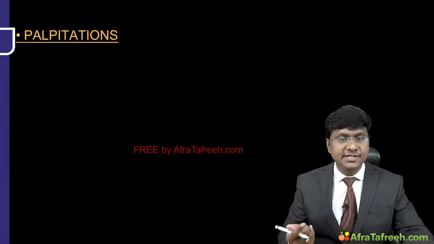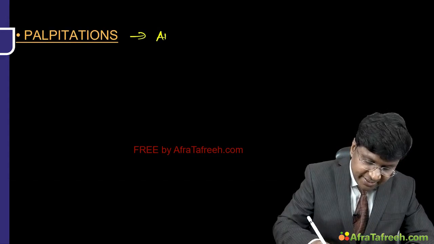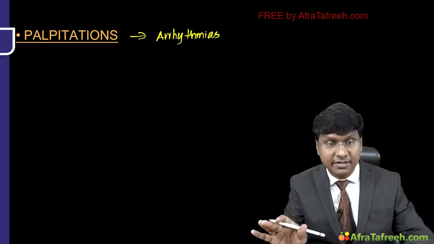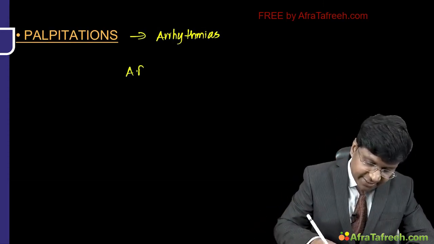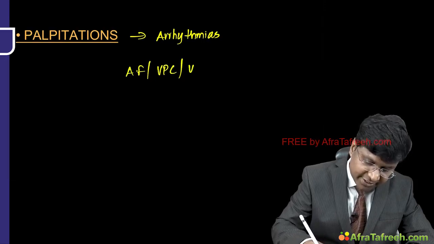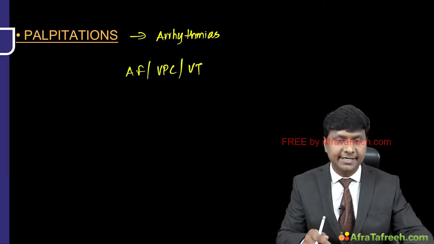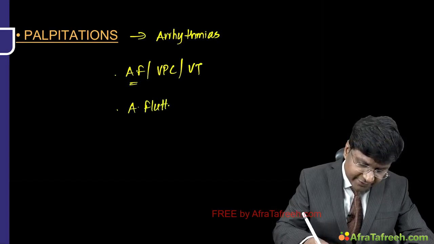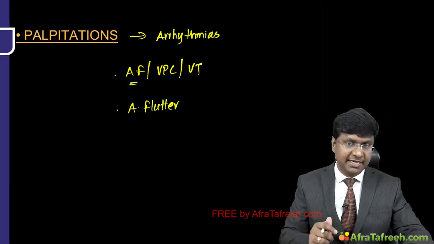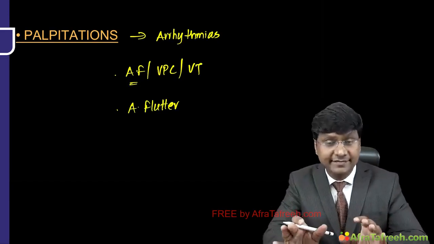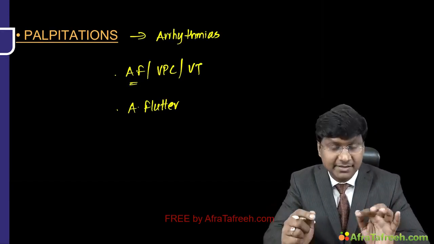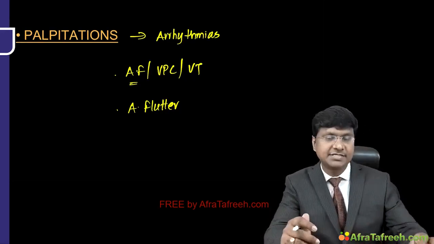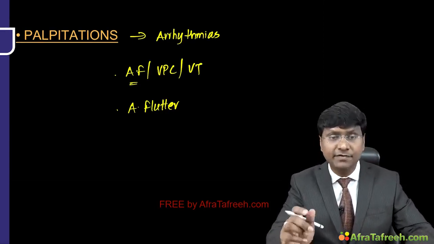And the next important feature is the palpitations. And these palpitations are mainly because of the development of arrhythmias. And the arrhythmias that you can come across are not only ventricular arrhythmias. There can be atrial fibrillation, there can be ventricular premature contractions, and there can be even ventricular tachycardia. And not only atrial fibrillation, there can be even the development of atrial flutter. What exactly is the mechanism? I will discuss. But for VT or VPC, I have already discussed, it is the scar formation. That will be the scar which is formed because of the microinfarction. That is what is arrhythmogenic, and that will result in your VT or VPC, where the patient will present in the form of palpitations.